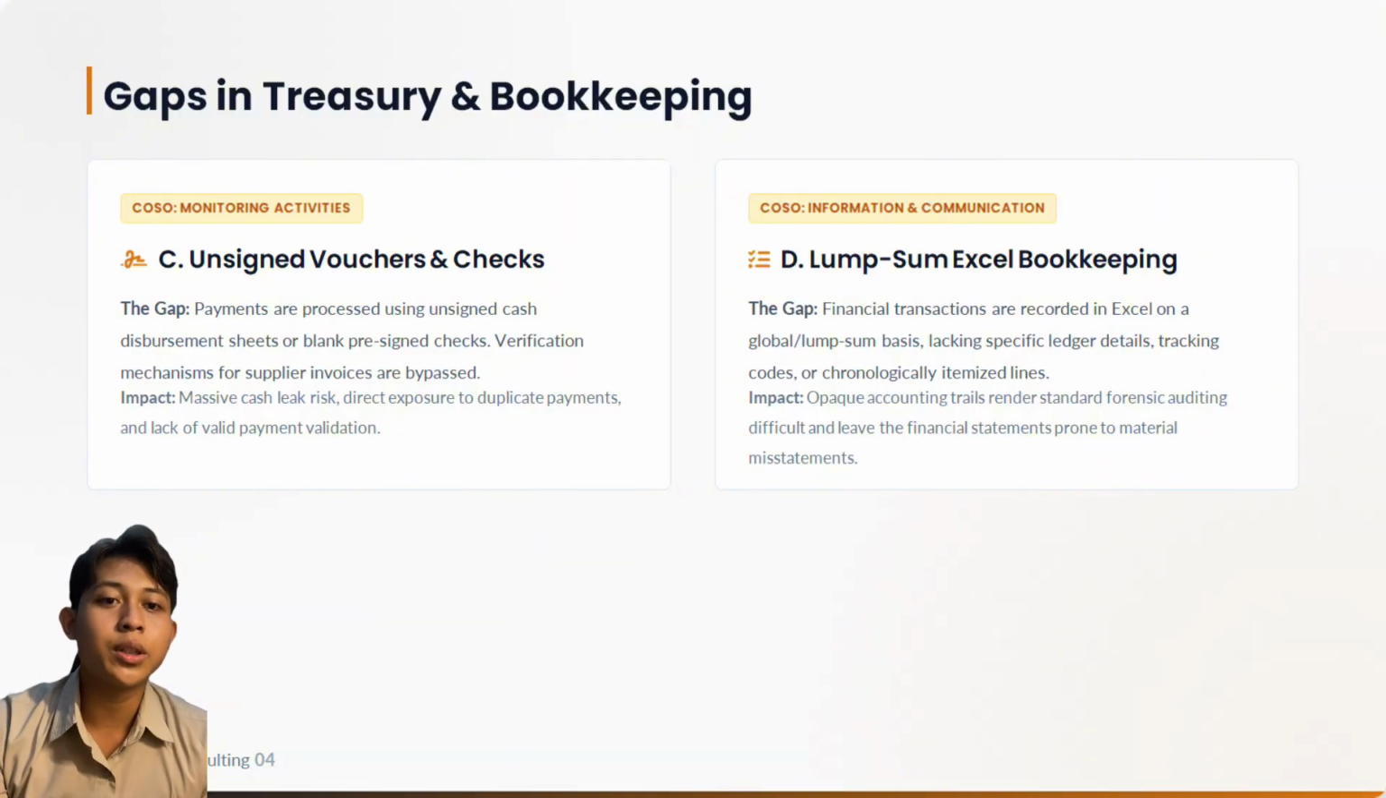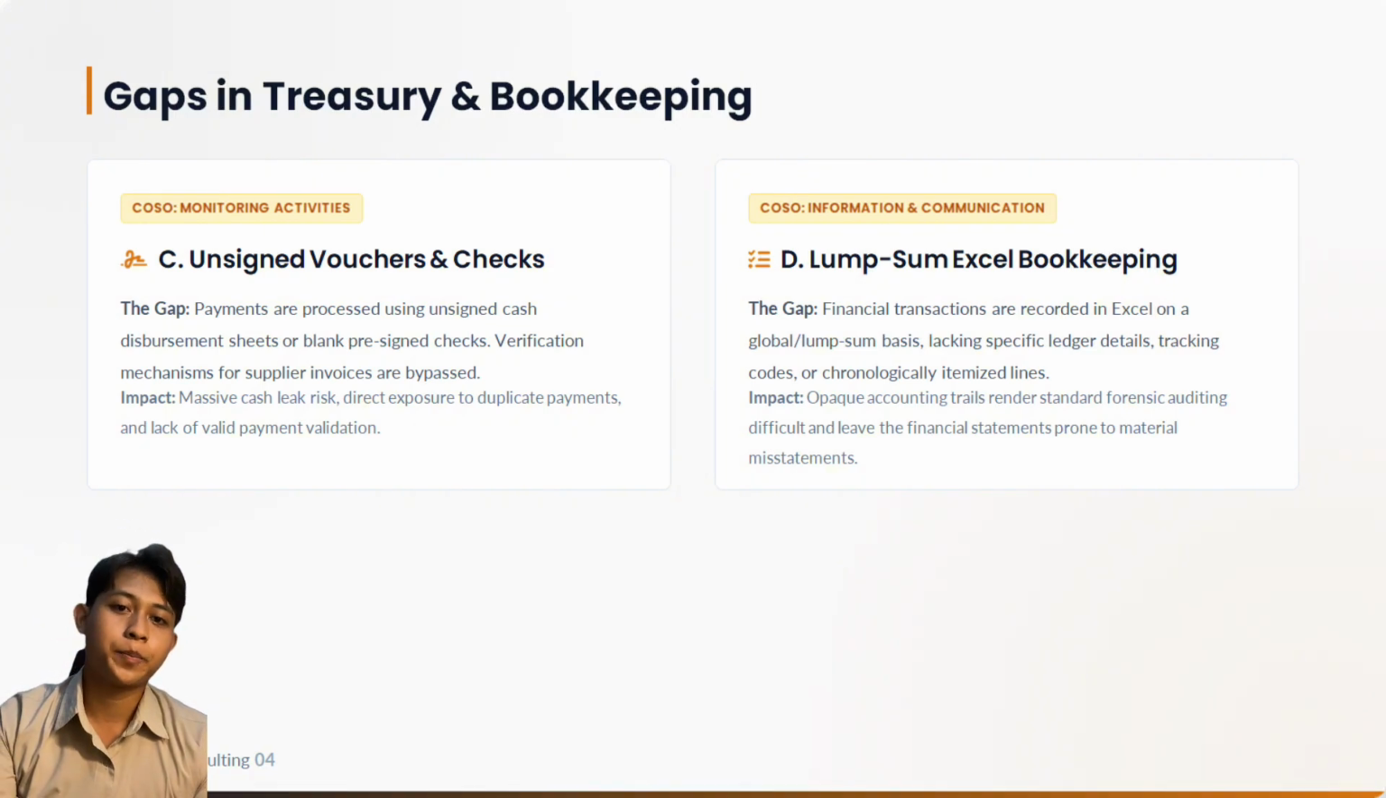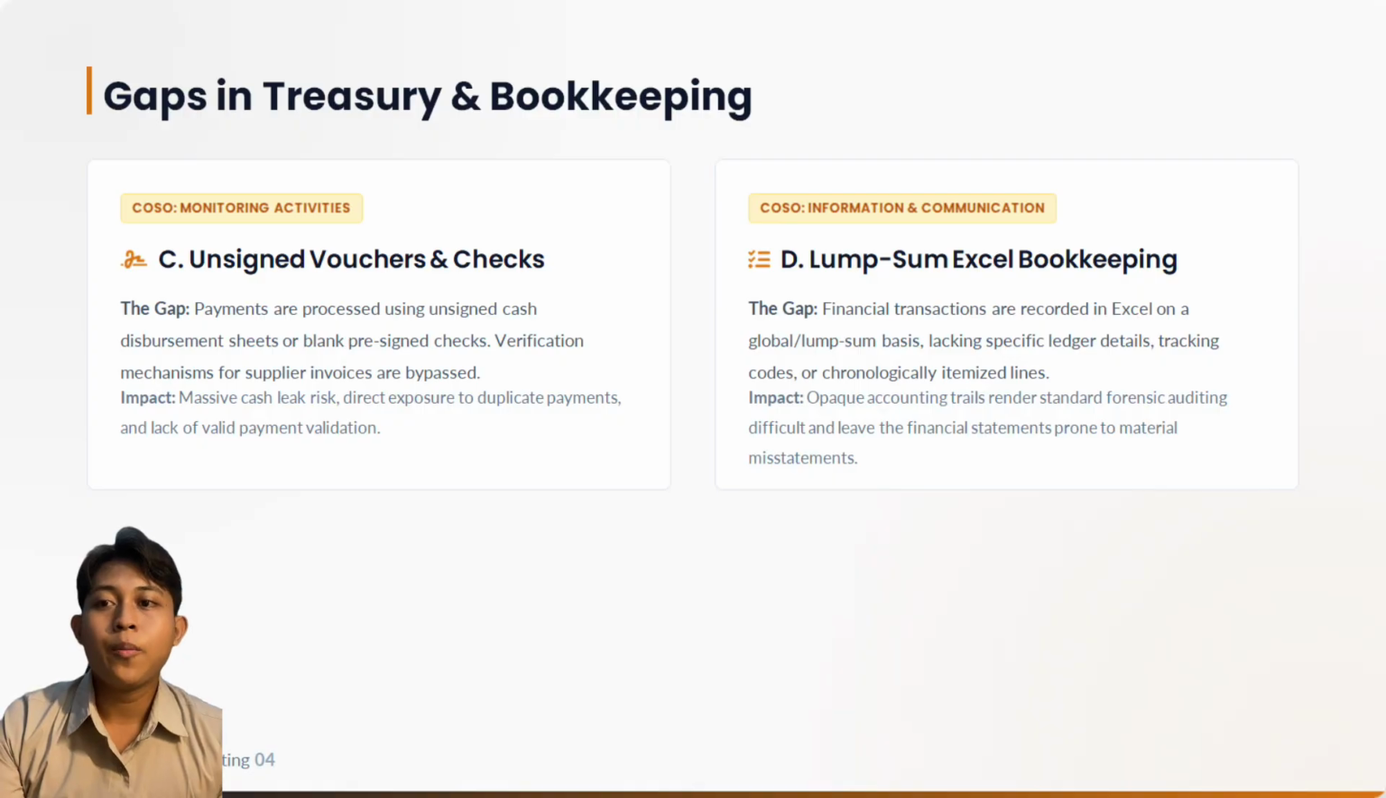So the solution the company can apply is to strengthen the monitoring function by having the owner perform, for example, surprise audits or conduct independent monthly bank reconciliation to ensure that all expenses recorded in Excel are legitimate and that no payment has been processed twice. Okay, we move into the